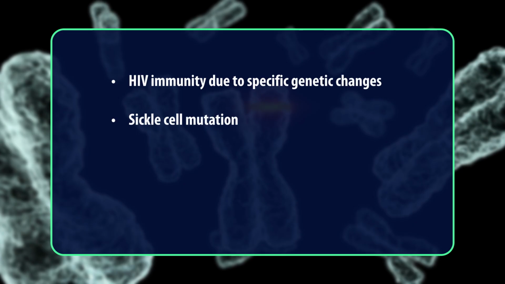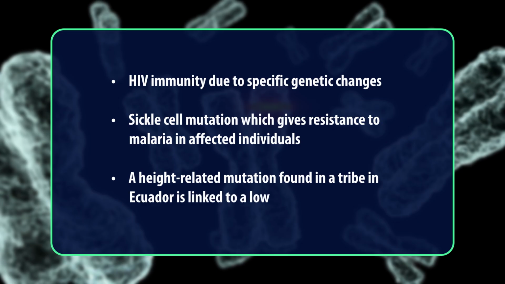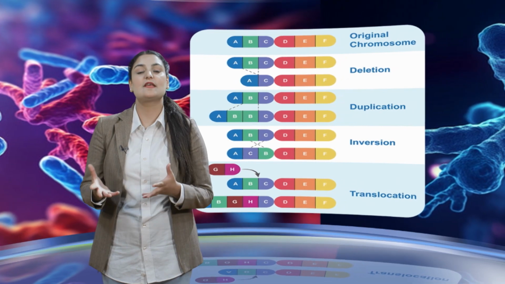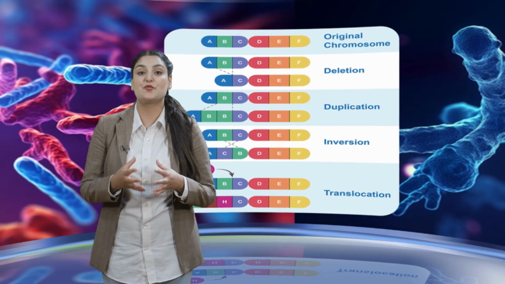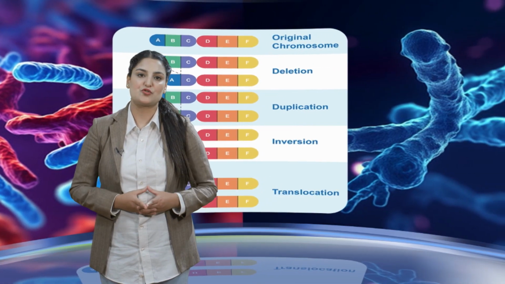Or sickle cell mutation, which gives resistance to malaria in affected individuals. A height-related mutation found in a tribe in Ecuador is linked to a lower risk of cancer. So these are the examples which show how mutations can protect individuals from illness and help them adapt to their